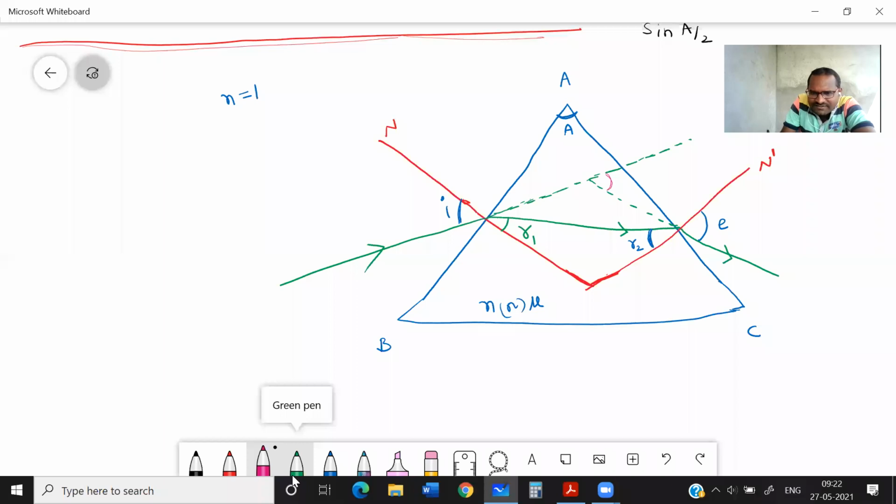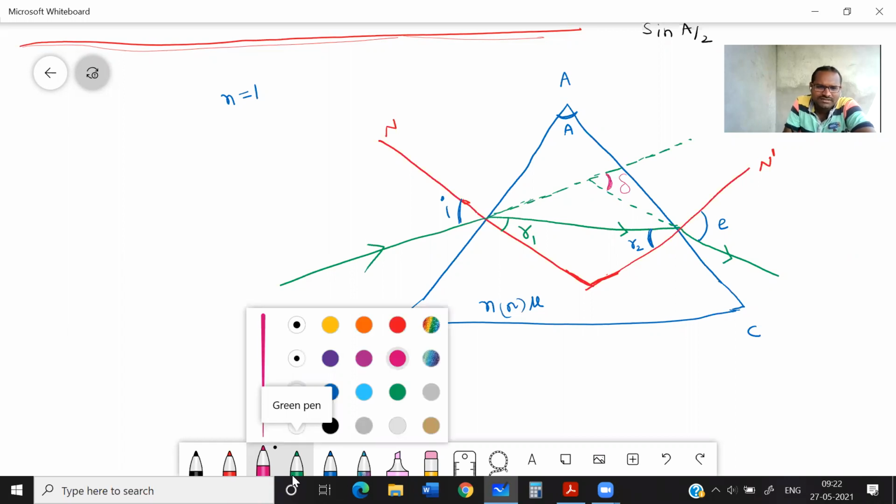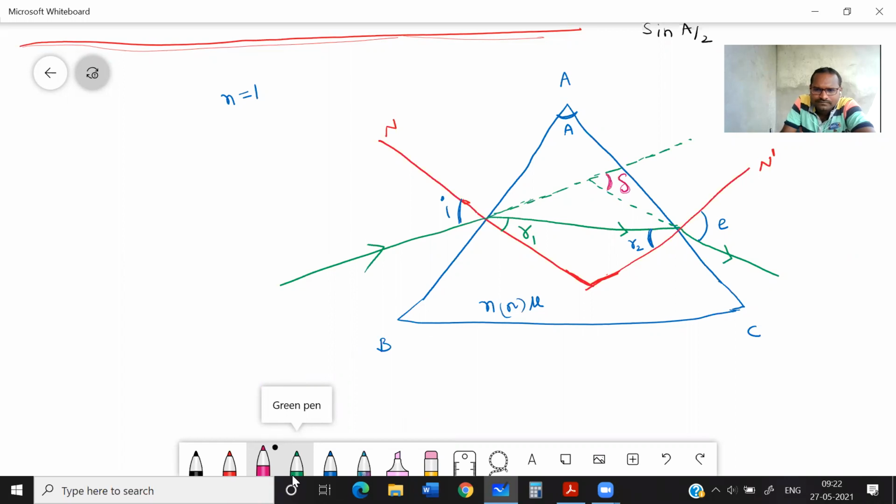See, if this prism is not there, it has to go straight like this, but due to this prism, the final ray is going like this. Means how much it is deviated? The ray has deviated this much. Clear, students? So this deviated angle we need to find. Now let us do one naming for all these points.